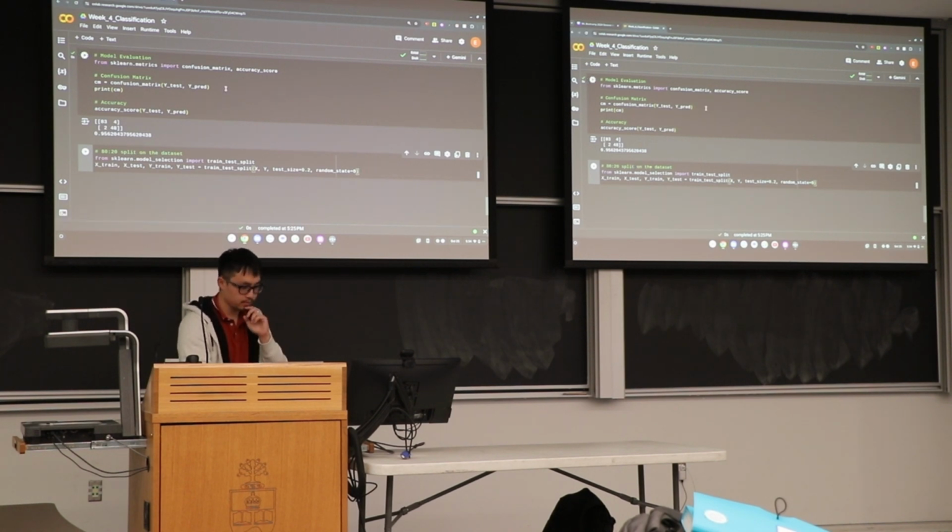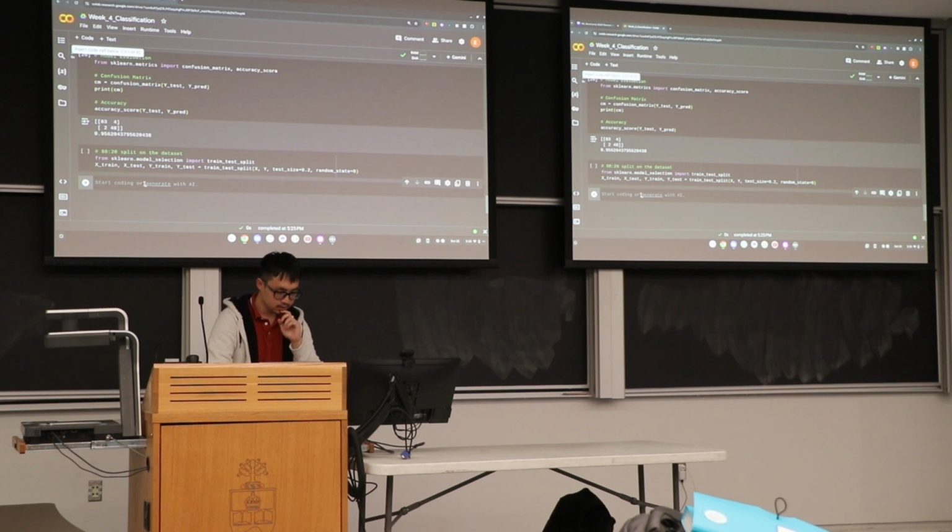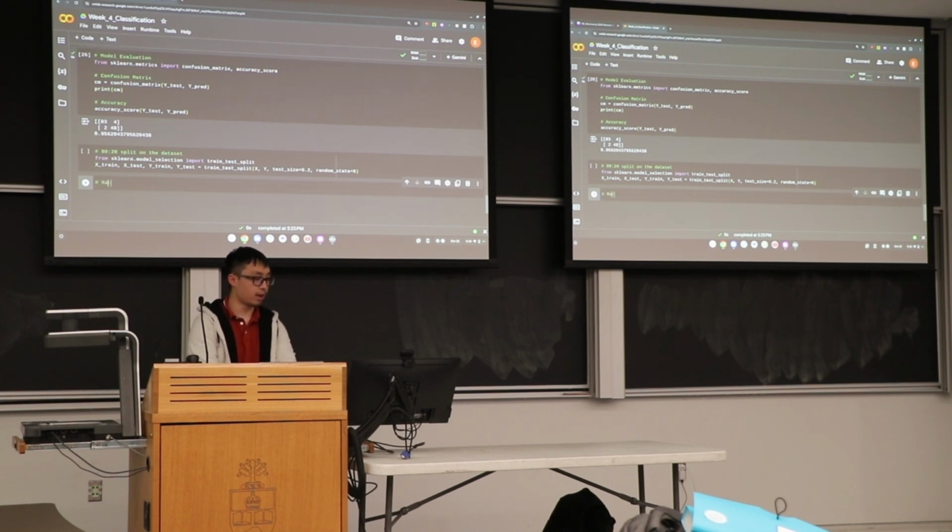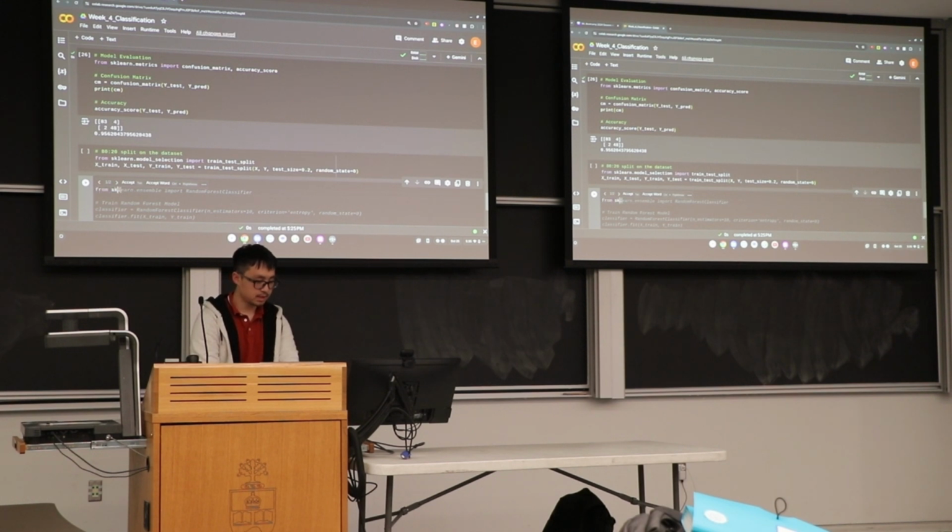80-20 split. So let's call this section random forest classification. From sklearn.ensemble, import RandomForestClassifier. I can't type today. Let's label this our classifier model. We basically do the same thing. classifier equals RandomForestClassifier